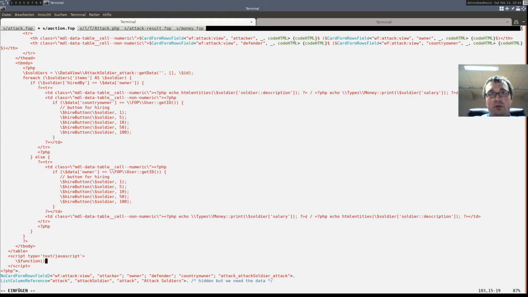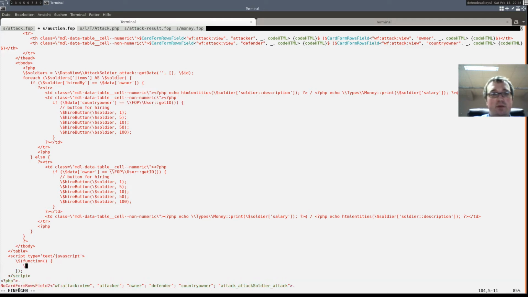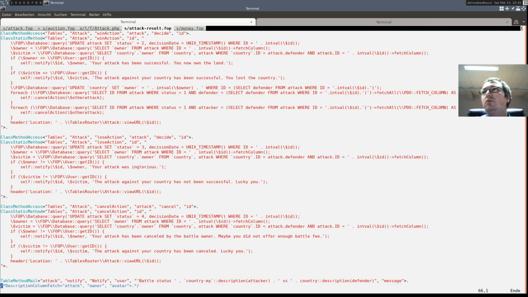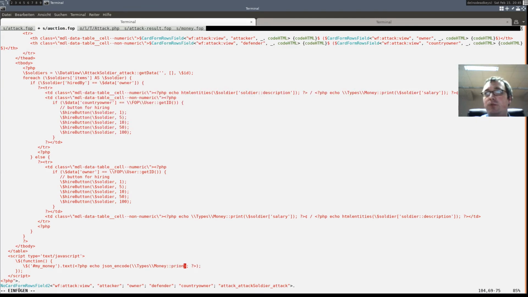Function onload, function which says my money dot text, and there we will have an echo JSON encode money print, and now fob user get money.